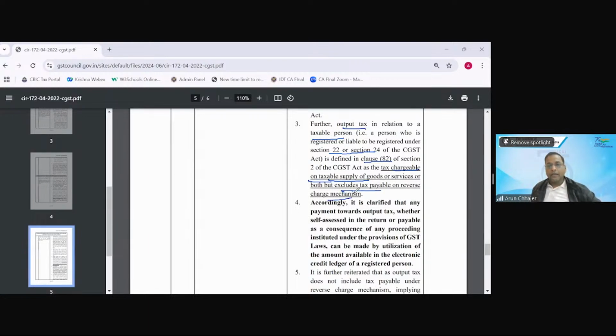Accordingly, it has been clarified that any payment toward the output tax, whether self-assessed in the return or payable as a consequence of any proceeding instituted under the provision of the GST law, can be made by utilizing the credit ledger. मैं रिपीट करता हूं,